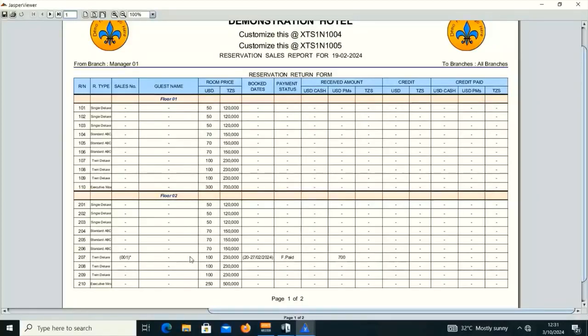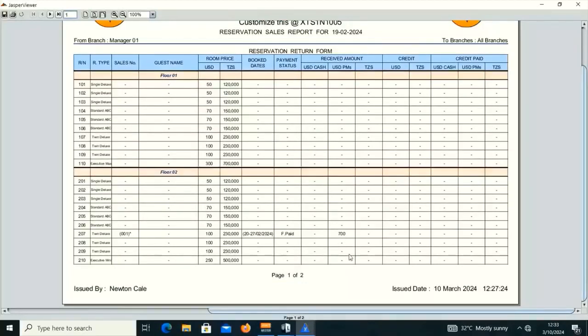That's why this column of the customer or guest name is empty, but it says it is a future check-in, and it is from the 20th to the 27th of February. So the room was booked on the 19th of February, but the check-in is from the 20th to the 27th of February. And he paid in full. So,